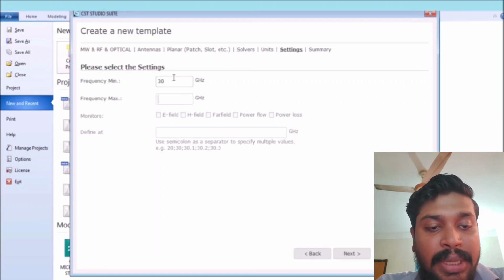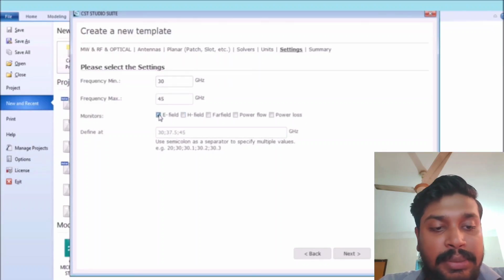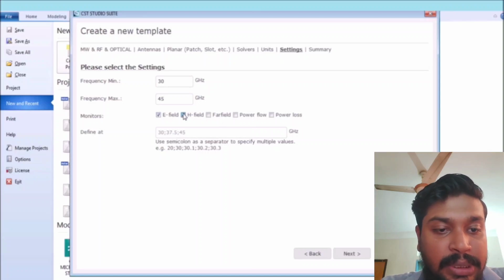gigahertz, monitoring the far field over what the frequency is, 35. Why 35 gigahertz? Because I know at that frequency the antenna is going to resonate. The next,